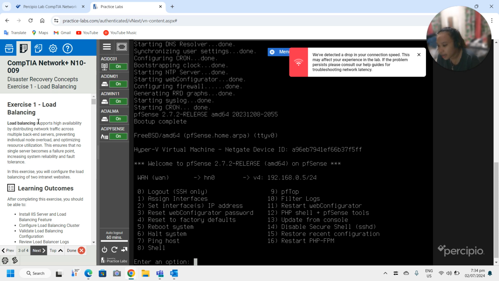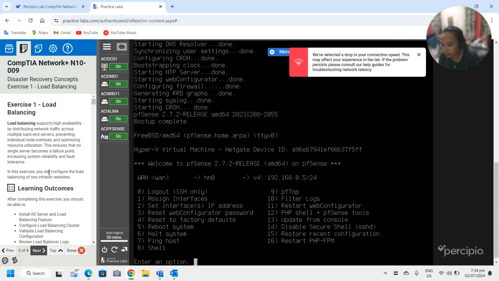Anyway, exercise 1, load balancing. Load balancing supports high availability by distributing network traffic across multiple back-end servers, preventing individual node overload and optimizing resource utilization. This ensures that no single server becomes a failure point, increasing system reliability and fault tolerance.